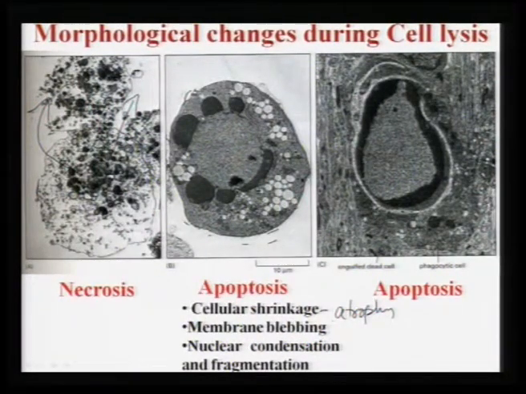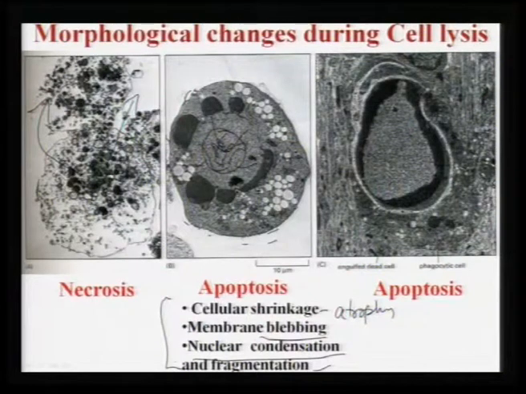Then there is membrane blebbing, that also occurs, and the third one is that many times there is nuclear condensation or fragmentation, meaning that the nucleus in a stable, vital, or live cell becomes condensed, or many times it fragments, or there is fragmentation of the nuclear membrane. So, these are the morphological signs of apoptosis, but in necrosis one can immediately understand that the cell membranes themselves are ruptured, and all the intracellular organelles come out,